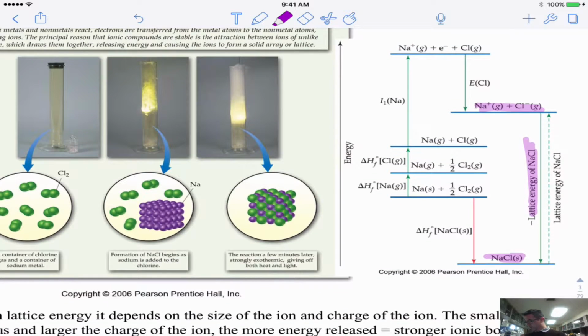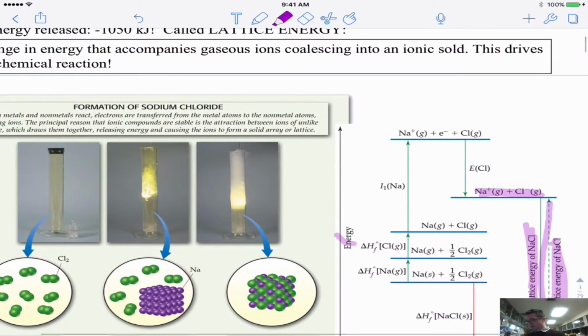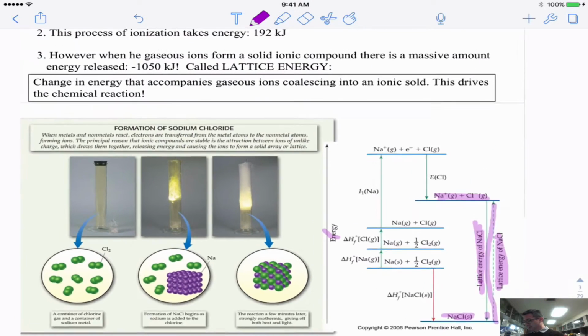They have the reverse of the lattice energy here. Oh, I see what they did. So here's the reverse of the lattice energy here, and then they're showing you the lattice energy here. Now, you could apply Hess's law to this, and this is actually called the